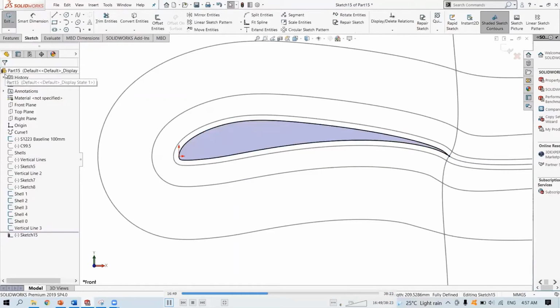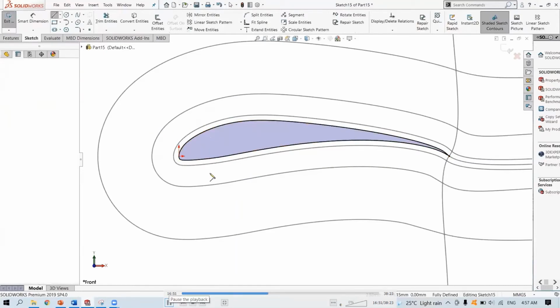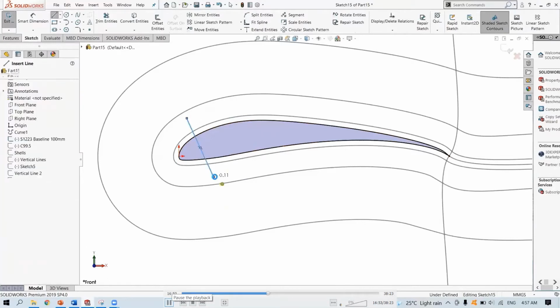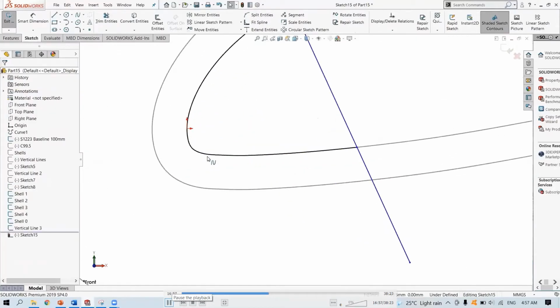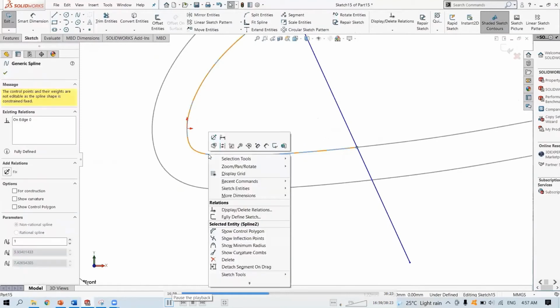Okay, now I'm gonna try to find the minimum radius. Now this is a quick trick. Here you can just select the spline, right click, and SolidWorks will give you the minimum radius over here.